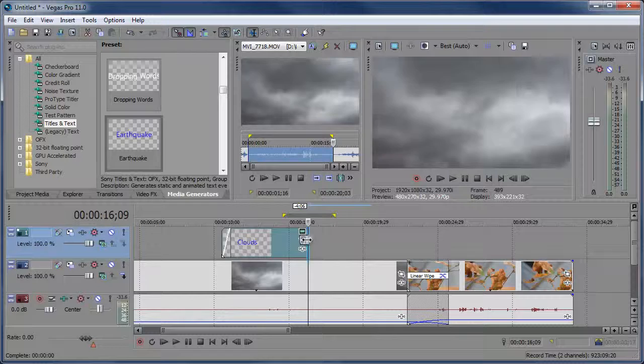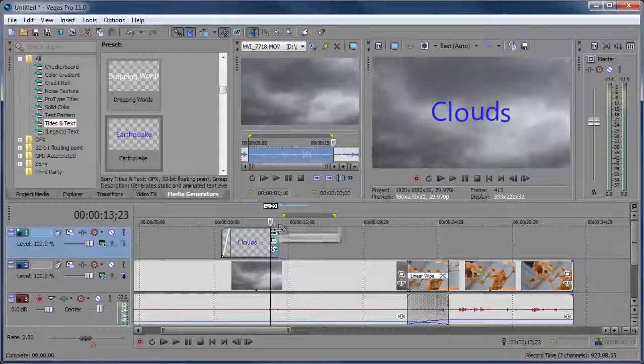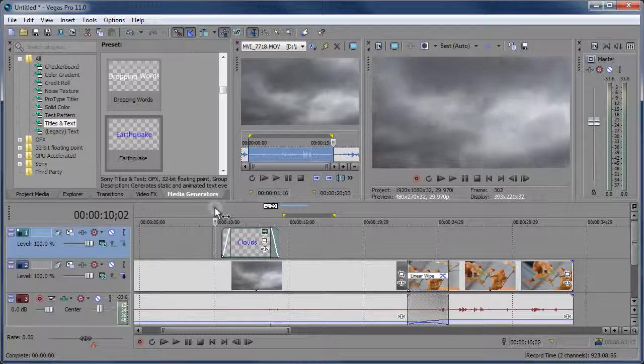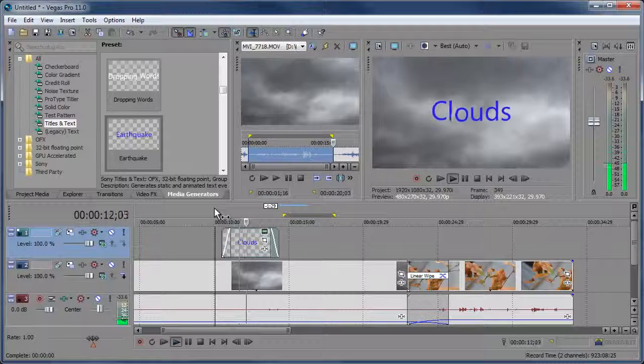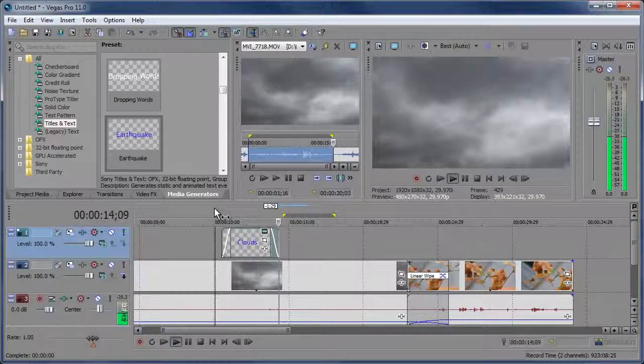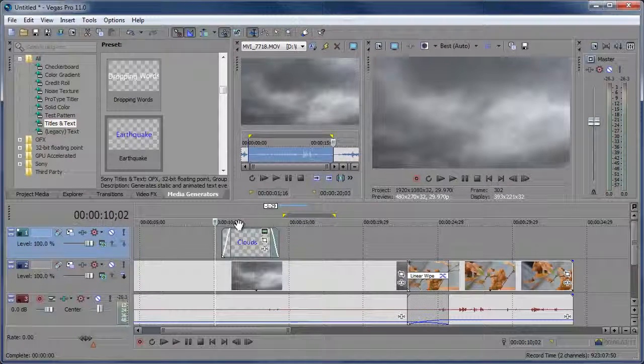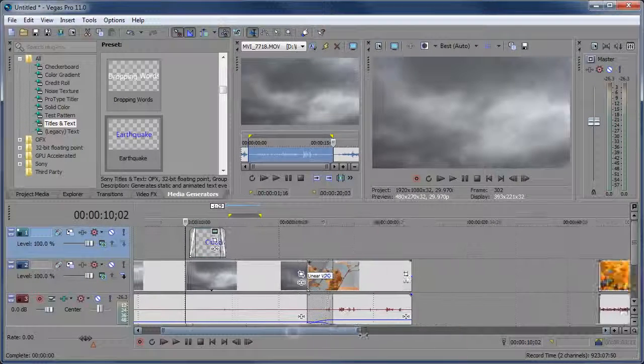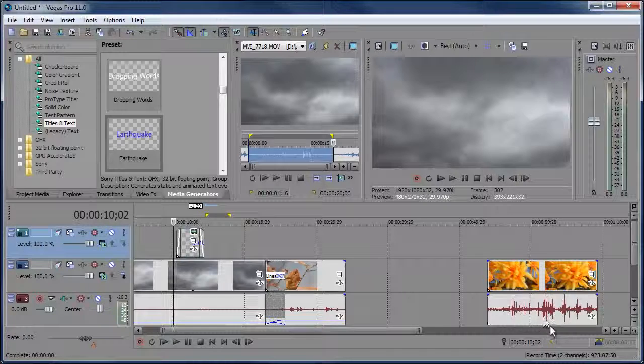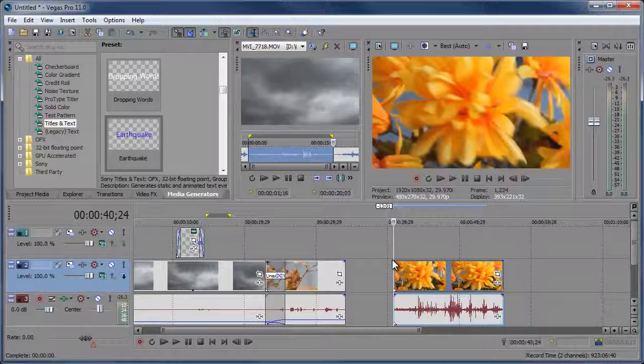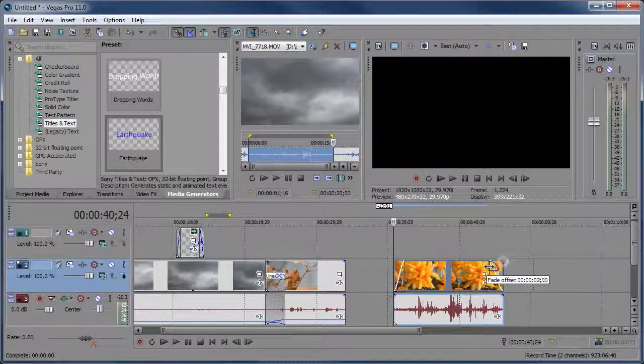The same with the outro. So if we want the text to end right here, we can come over here to the end and fade this out. Now you can make this any duration you want and fade out just like that. So let's see, fades in, clouds, text, and then it fades out. Simply just like that. So we don't have such a harsh, dramatic entrance for the text. Now in some cases you might want that to happen, and that's how you can just fade in and out any clips. That'll not only work with text, but also with these flowers over here. We can also fade it in and fade it out,